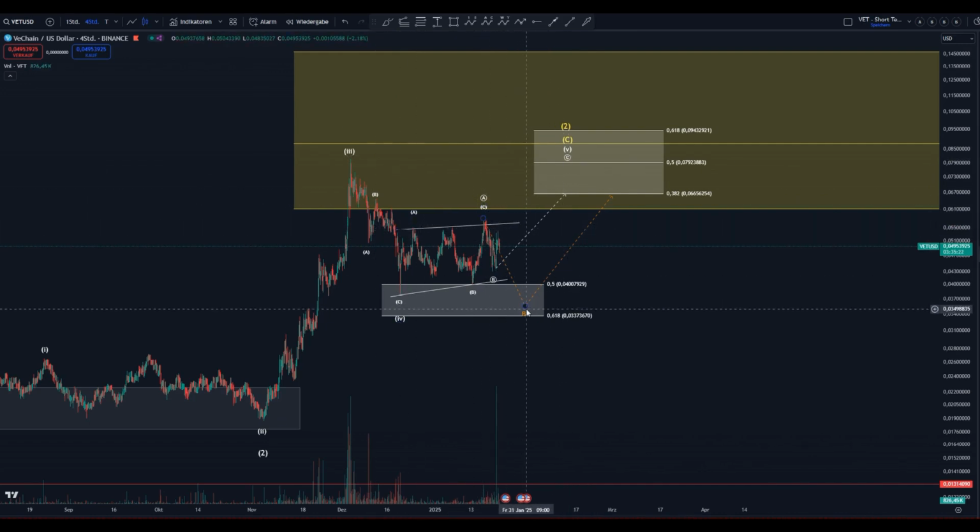Option B, I've marked it here in orange, would be that we might dive down one more level before we continue to move up. And I also believe that while it's not set in stone yet, if this sell-off happens here, and we're still running up to here, down to the 0.6 Fibonacci, then the probability that this is wave 2 increases, of course, because the regular target can go up to the 0.6 Fibonacci, and we're taking this bullish path. If we rise directly, that's also possible, because we're turning in this trend reversal box. But then the question would be longer, in which direction is this all moving?